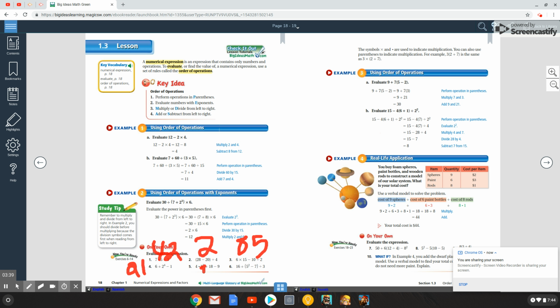Next we do exponents, or we just did exponents. Next we do multiplication and division, and there is multiplication. 4 times 9 is 36. So we're going to have 36 plus 18 minus 9. So first we do addition. 36 plus 18 is going to be